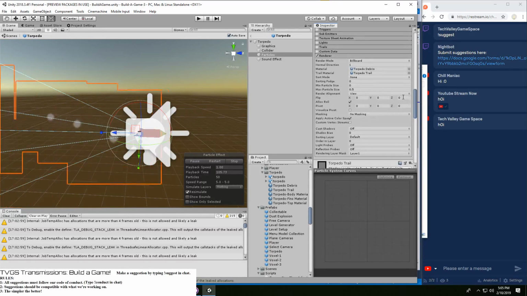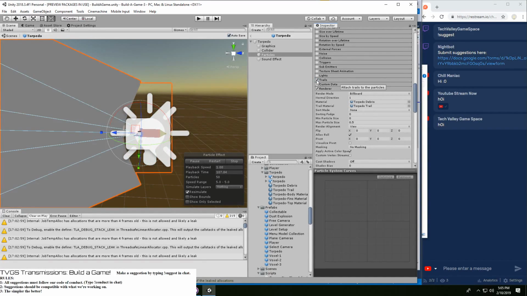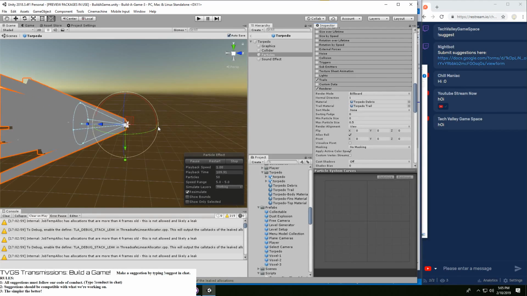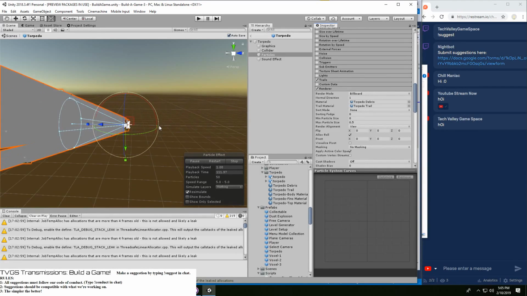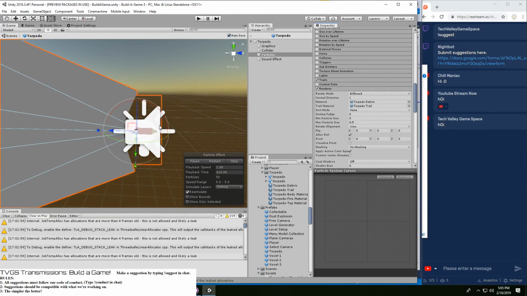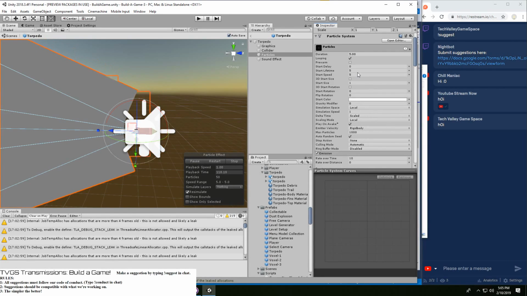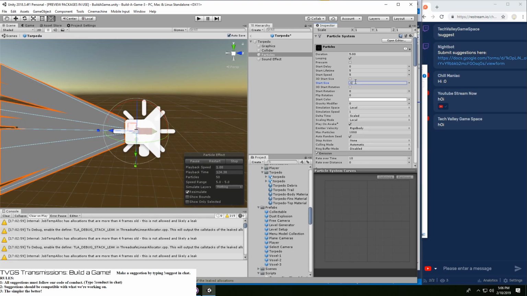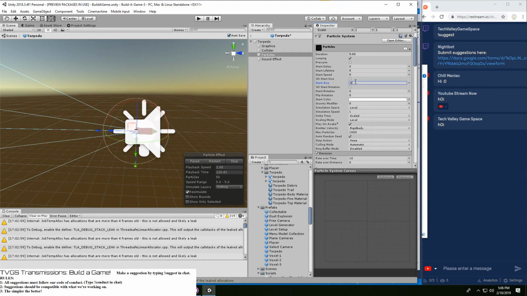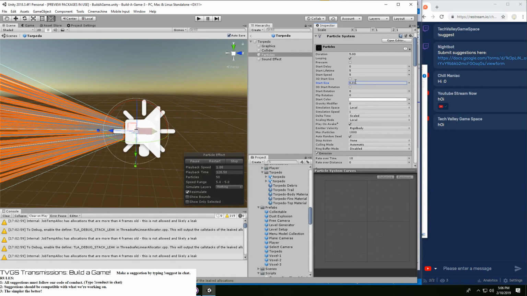But it is possible by checking off the trails. Oh wow, that does not look great. But choosing the trails allows you to create a trails thing, which kind of doesn't make the whole thing look good at all. But, all right, so cool.